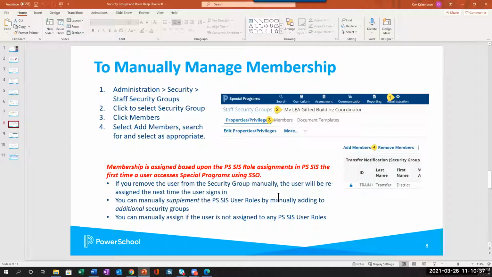So you can manage membership over in special programs, but you need to do it based on a supplemental role. And by that, I mean, if they have a role that's assigned to them in PowerSchool SIS user access, but you also want to give them another role over here, you can do that, and you can do that manually. And the best example of that,